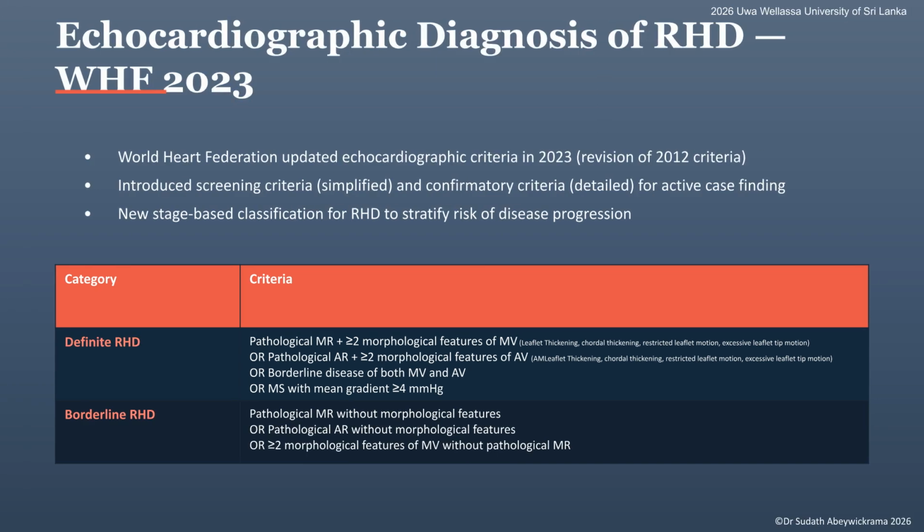The World Heart Federation updated the echocardiographic criteria for RHD diagnosis in 2023. These new criteria introduce simplified screening and detailed confirmatory criteria, as well as a new stage-based classification to stratify risk. The table details criteria for definite RHD and borderline RHD, focusing on pathological regurgitation and morphological changes of the mitral